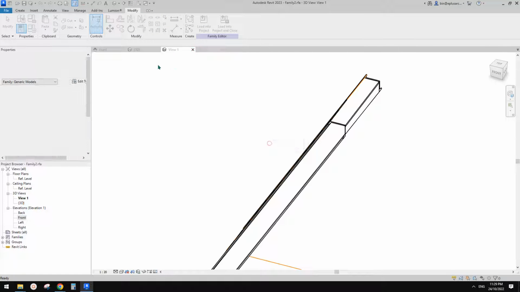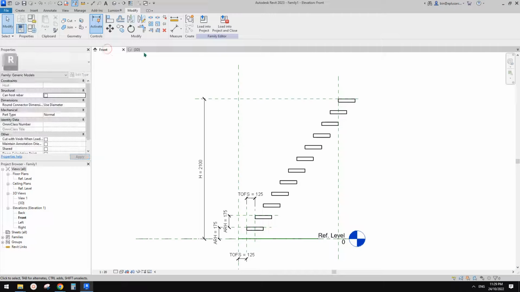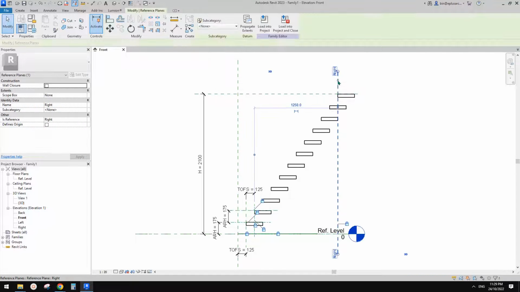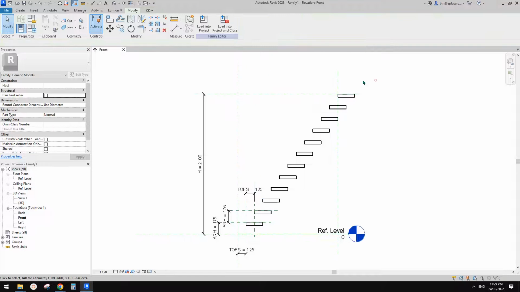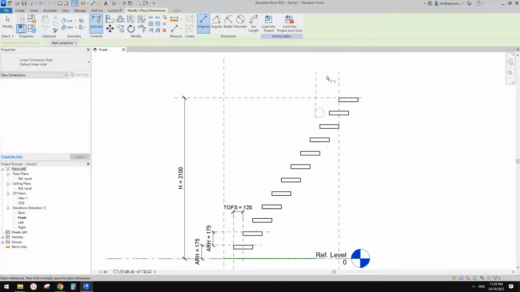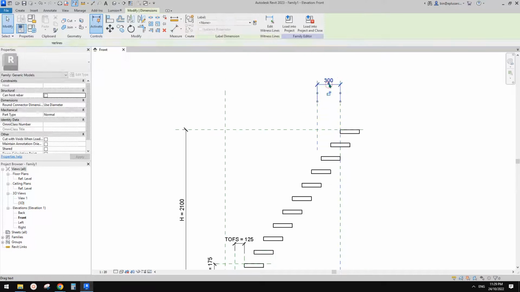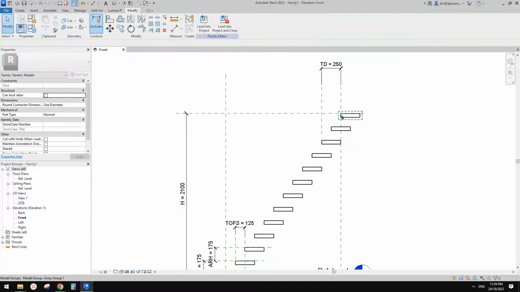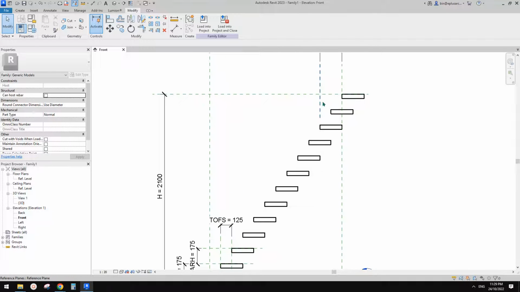So let's go back. I'll just close this one as well. So what we need to do is copy this one. So hang on, we can't copy this one, so that's fine. We just draw one reference plane, dimension, and this we're going to use the thread depth. Okay, so just basically the depth of this, and then we can